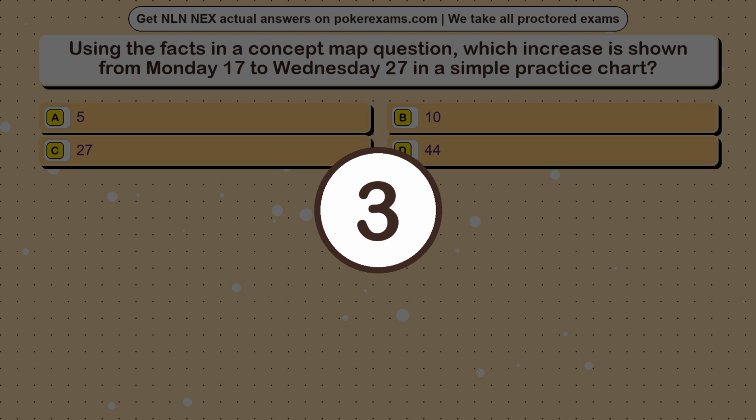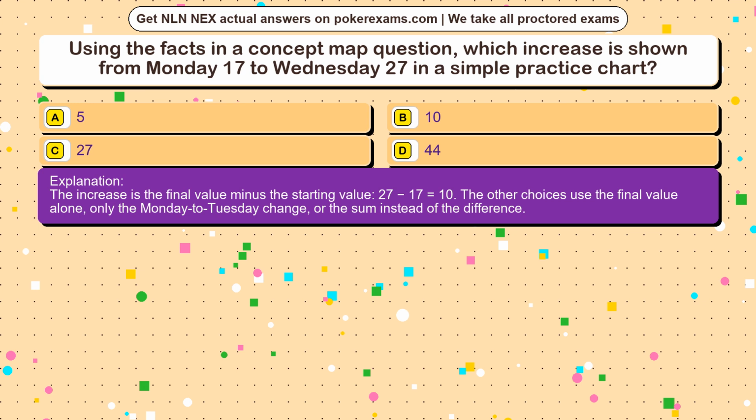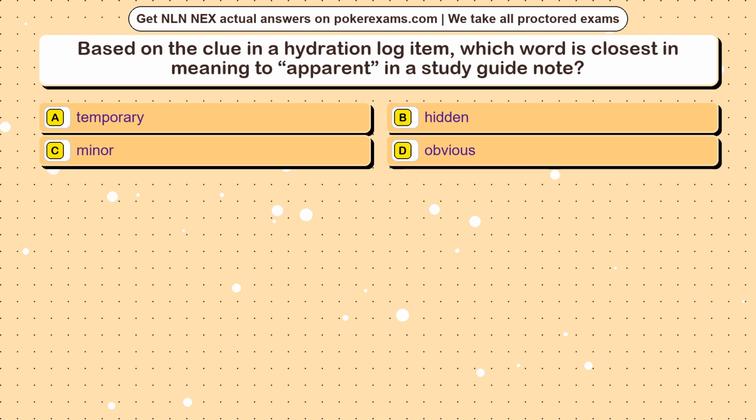The correct answer is option. The increase is the final value minus the starting value, 27 minus 17 equals 10. The other choices use the final value alone, only the Monday to Tuesday change, or the sum instead of the difference. Question 17. Based on the clue in a hydration log item, which word is closest in meaning to apparent